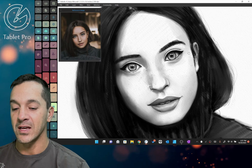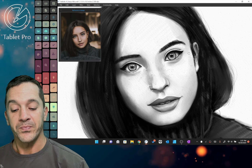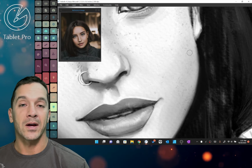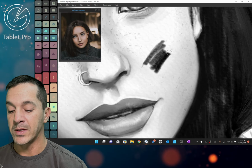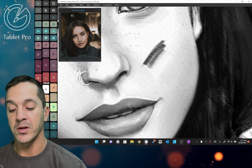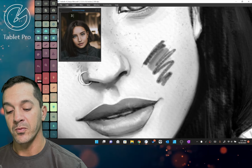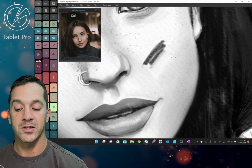So this is a pencil sketch I did in Rebelle 4, and I really like the way that you can toggle back and forth between the different tools. So here, if I'm using a pencil and I want to erase, I can switch to erase. If I want to just blend, I can just blend. If I want to paint and also blend, I can blend. I can adjust the tilt